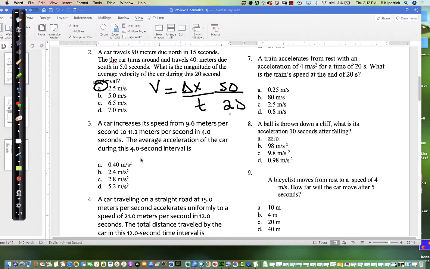Okay, remember, if you're going around in a racetrack, and you end up in the same spot, then your velocity ends up being 0. But if you're looking at speed, your speed is quite different. Okay,